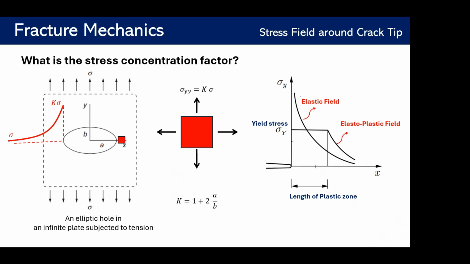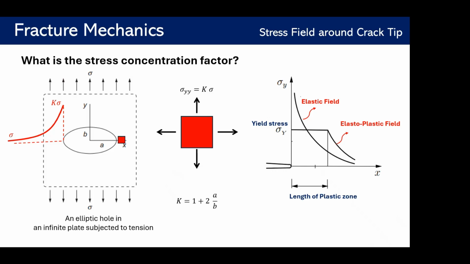Here, the red curve shows the distribution of sigma yy, the stress component in y direction. And you can see that the far field at infinity is equal to sigma, the far field stress we have applied to the problem. But at the edge of the circle, it's three times the far field stress. And this number 3, which I've shown as a K factor here, is called the stress concentration factor. It means that near the circular hole, the stress is 3 times the far field stress